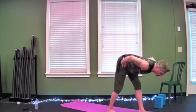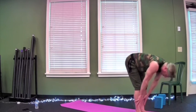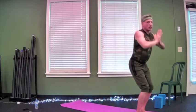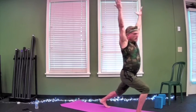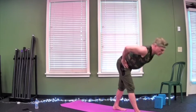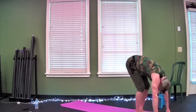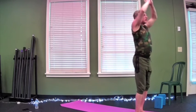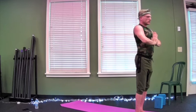Pyramid, warrior three, standing split, forward fold, halfway lift, forward fold, inhale rise, exhale chair, inhale rise, exhale heart center, lunge, warrior one, pyramid prep, pyramid, warrior three, standing split, forward fold, halfway lift, forward fold, inhale rise, exhale chair, inhale rise, exhale heart center, take a breath,